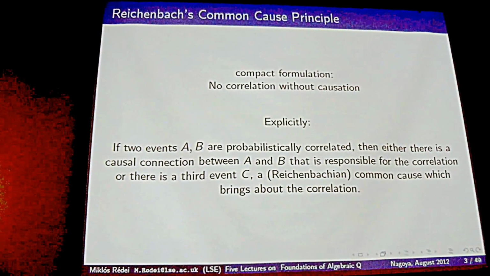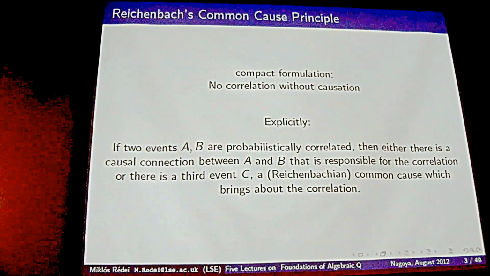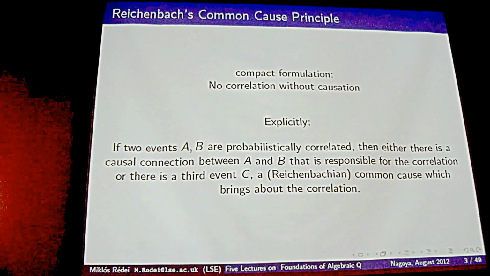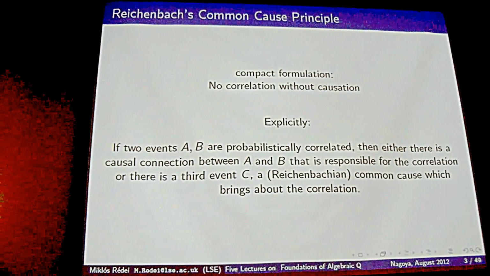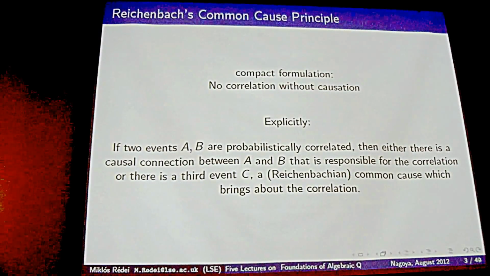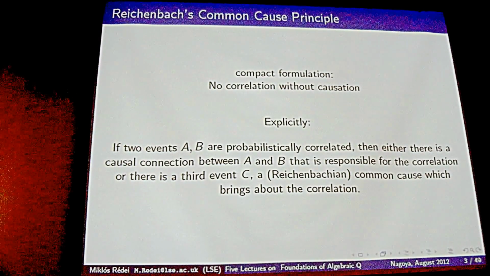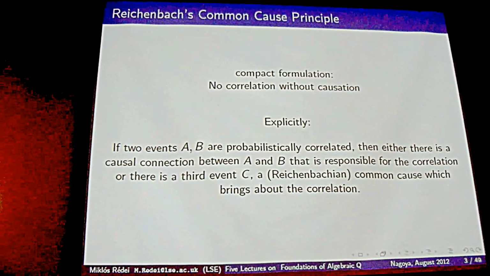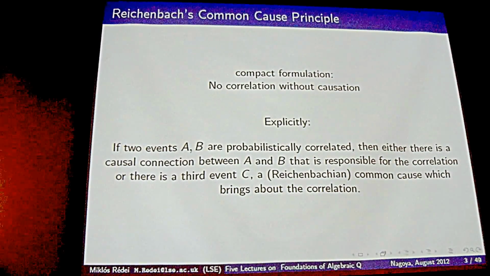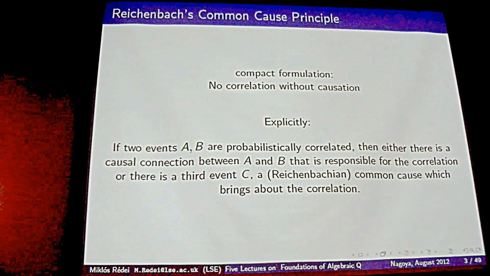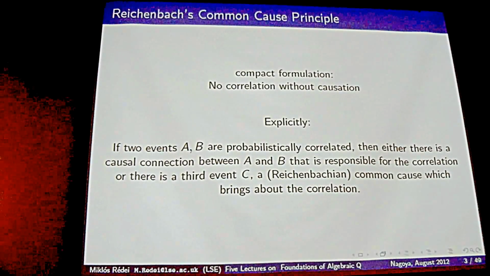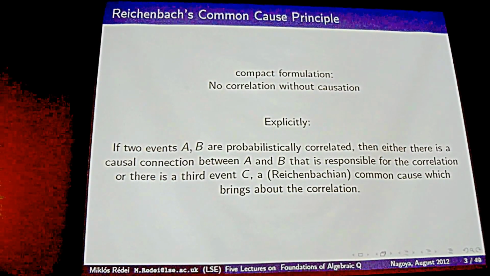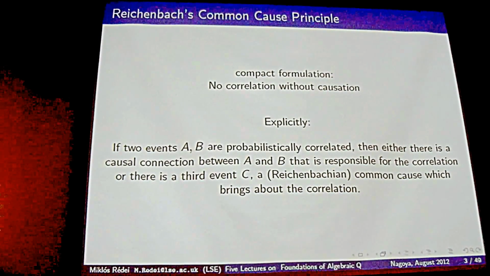Okay. So this is a metaphysical principle, a philosophical principle somehow, which is a claim about the causal structure of the world, and it says that if you see correlation, and you do see correlation in the world many times, then there are only 2 ways the world can be. One way is that the correlated entities are correlated because they are causally related, or if this is not the case, then there is something in the past history of these correlated entities which is responsible for the correlation.